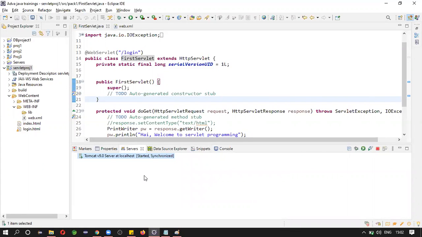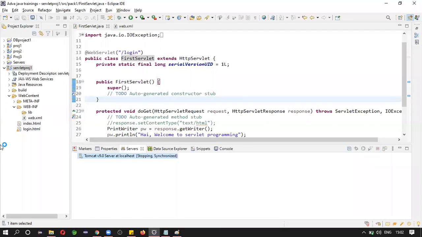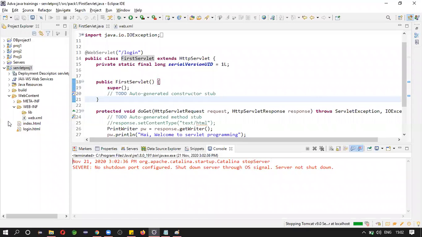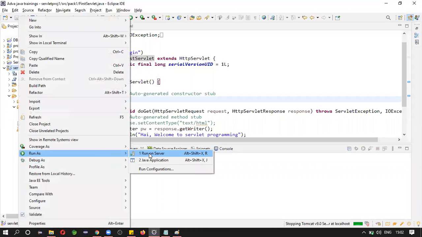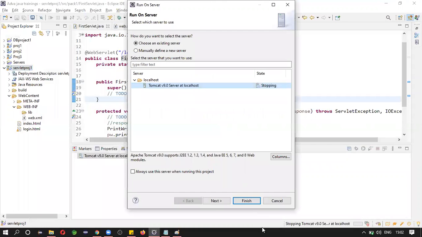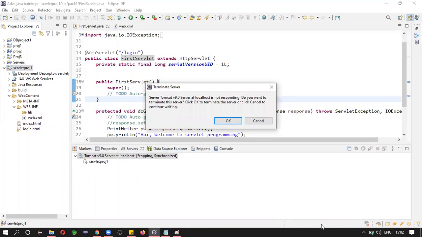See, the server is started. But now I'm not running any application inside the server. So let's run. First stop this. Now let's add this application to the server. Run on server, Tomcat 9, click on finish. You will see the status here. It says it is not responding.